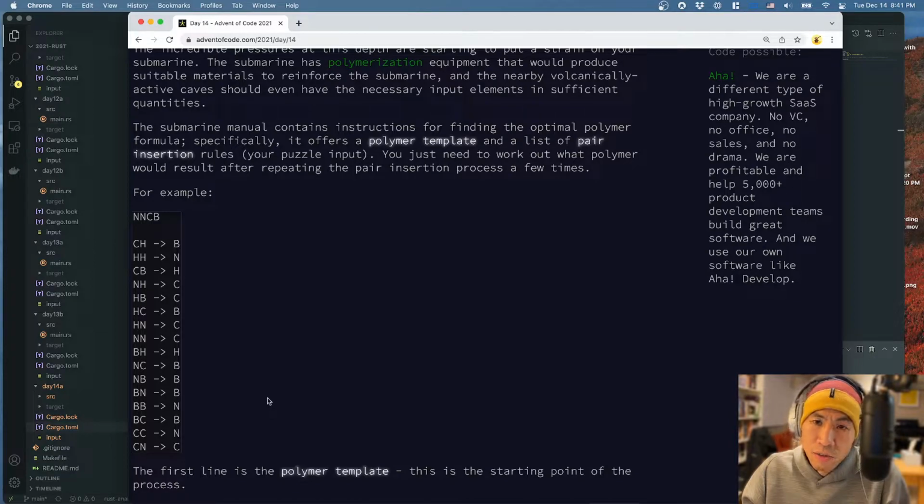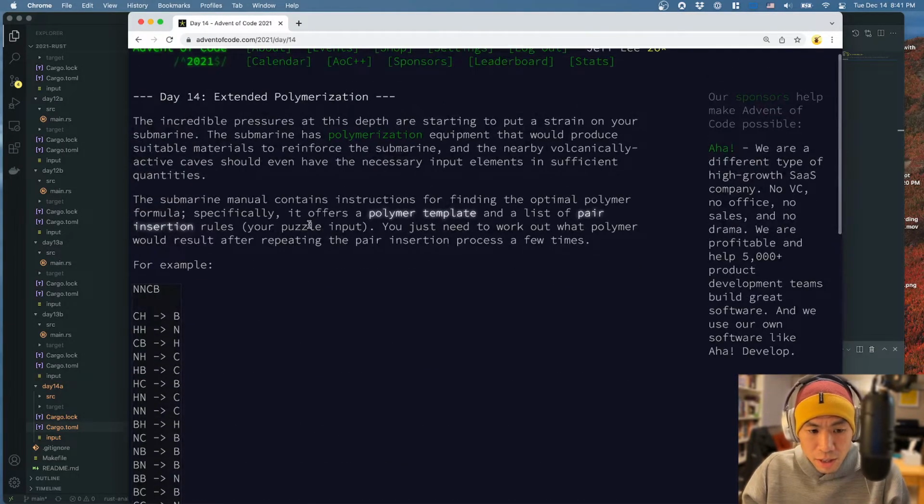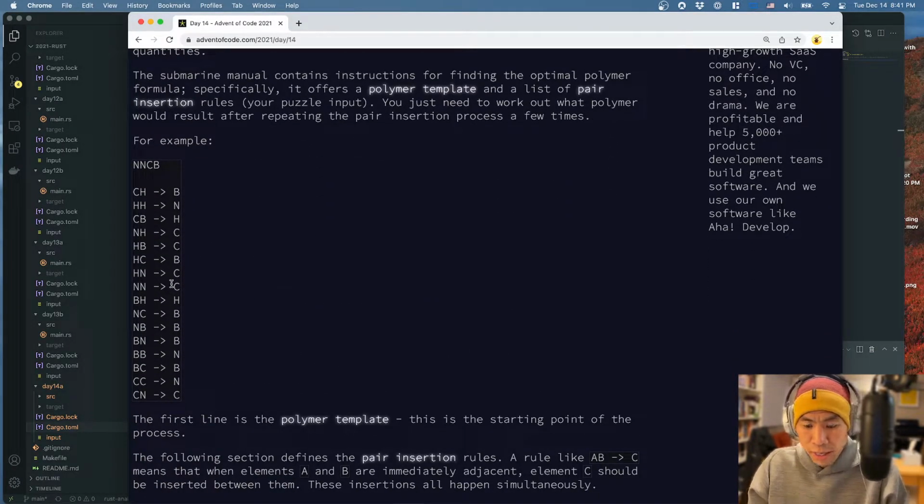And this matters just because I want to know if essentially we're always growing the size of our list of polymers or elements. Is our list of elements always growing at a consistent rate? Which is to say, if you have n elements in the list, are you always adding n minus 1 elements? And that would be true as long as every single pair of possible elements is represented in this list. So it looks like we have a B, an N, an H, a C,